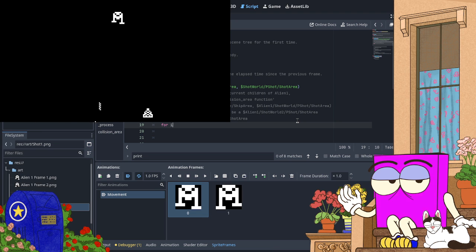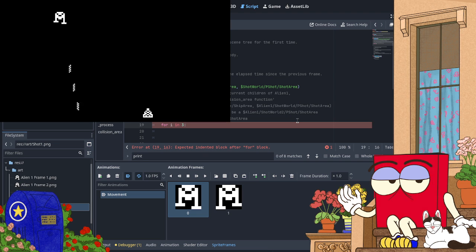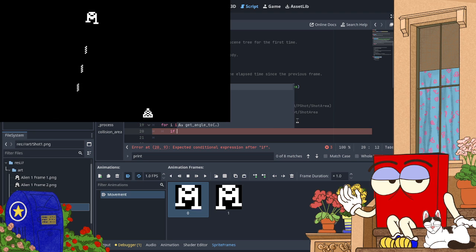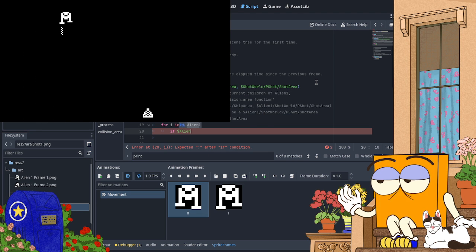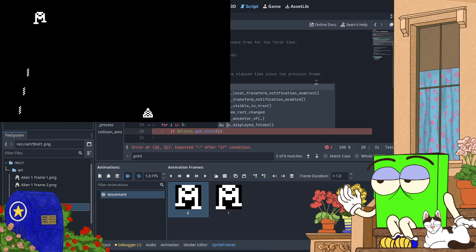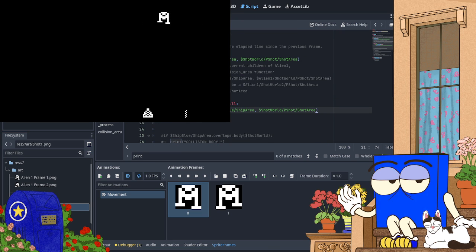For I, if alien 1, get child I is not equal to null, then ship blue ship area.